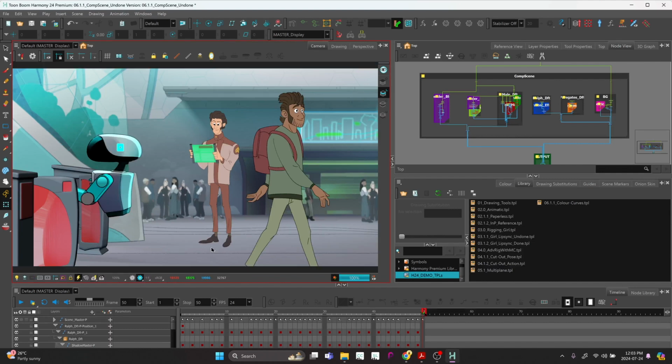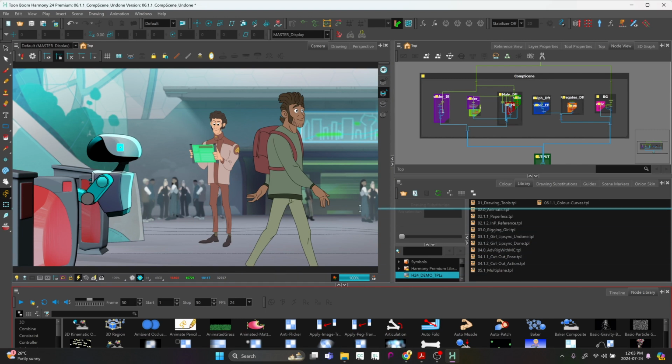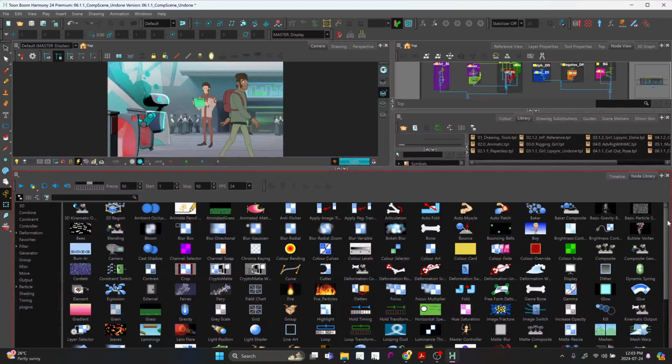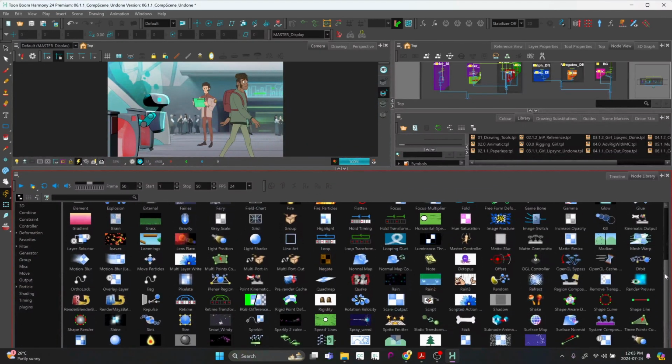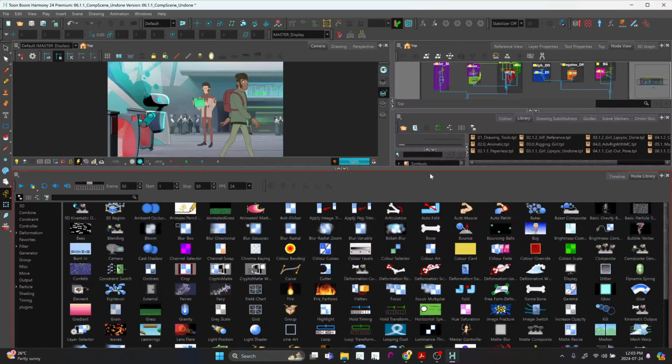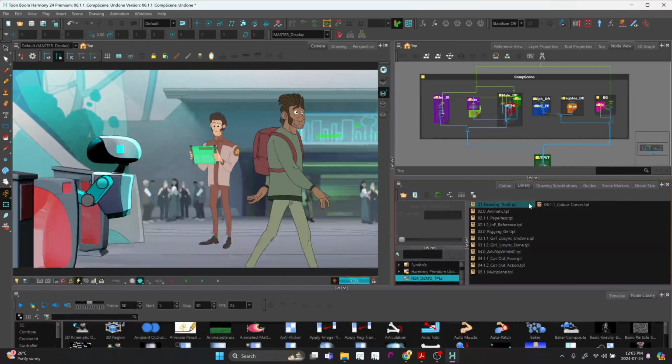Let's render our scene and take a snapshot for comparison. We'll have a quick look at the node library so that we can see the amount of effects nodes that we have available to add different effects to our scene. We're going to go into our node view and start activating some of the effects that we have applied to our scene,